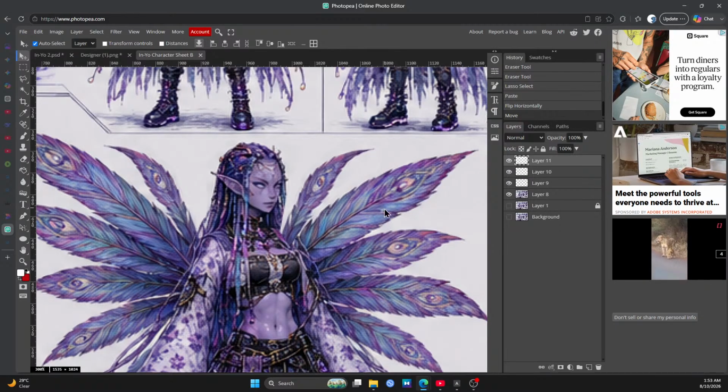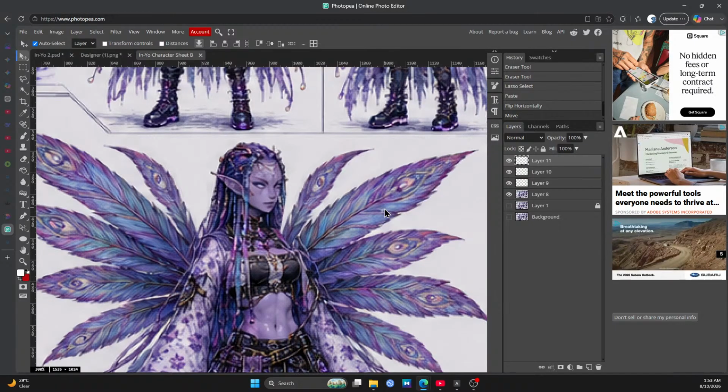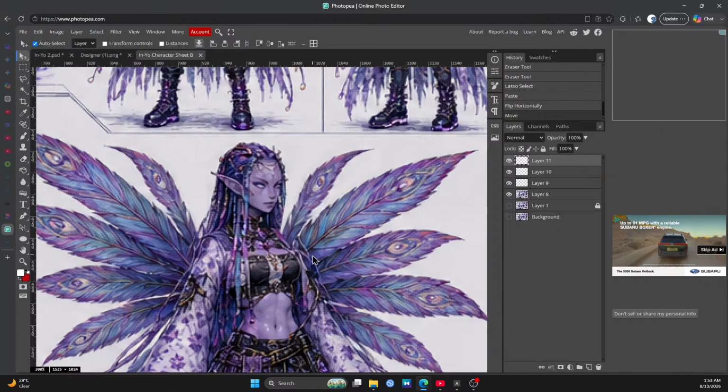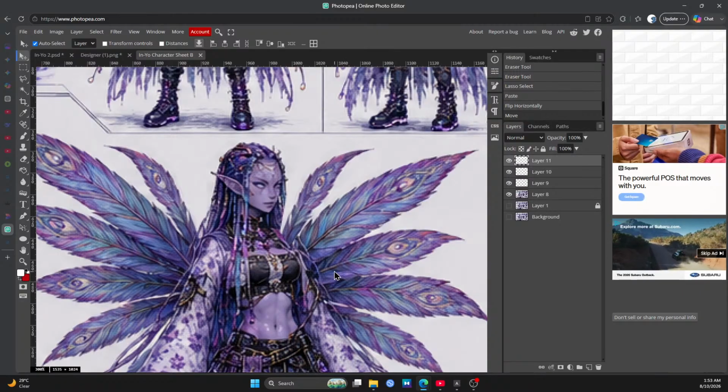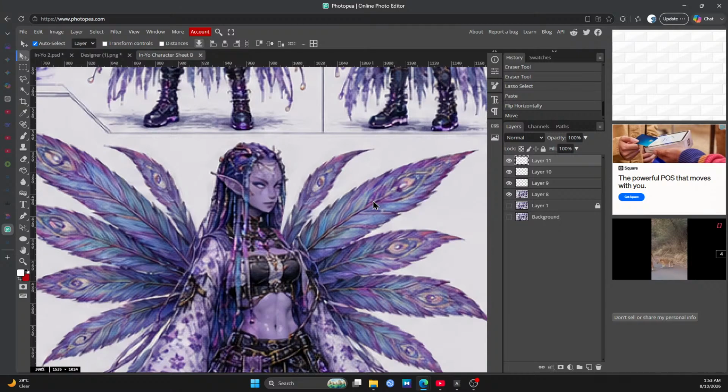The only problem with that is you have to figure out how to clone on a new layer, then flip the layer, and it's hard to clone on another layer because if you move over an empty space or you forget to switch layers, because the problem with cloning on a new layer